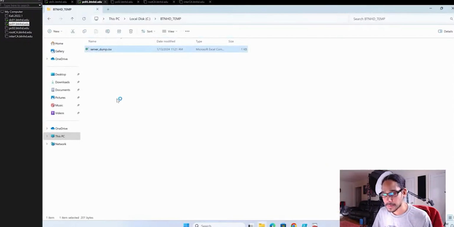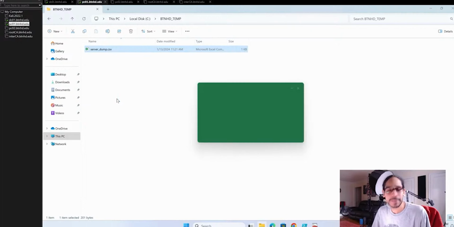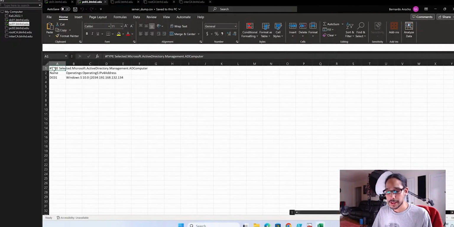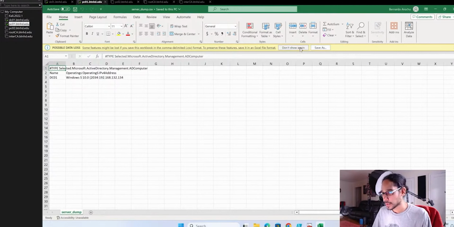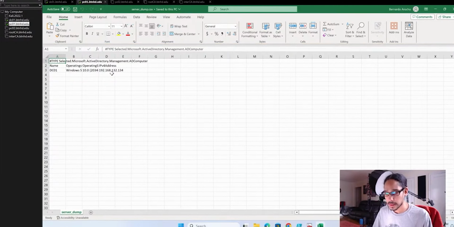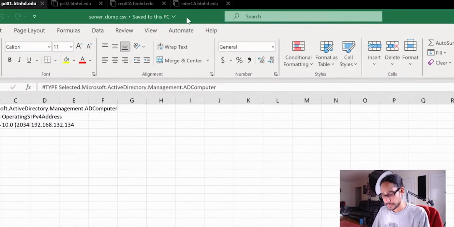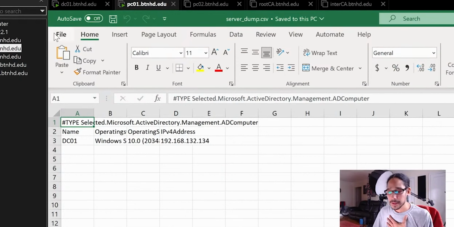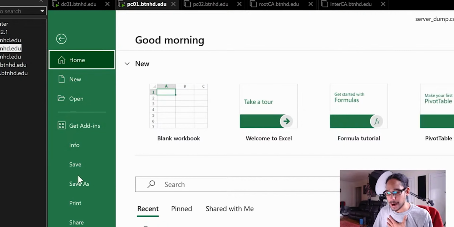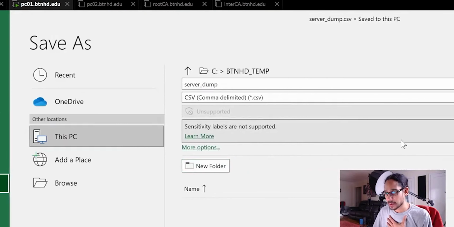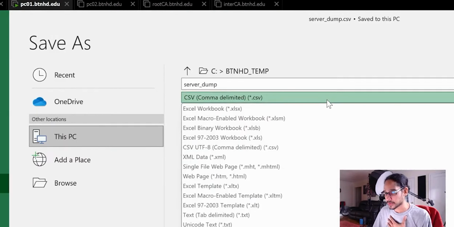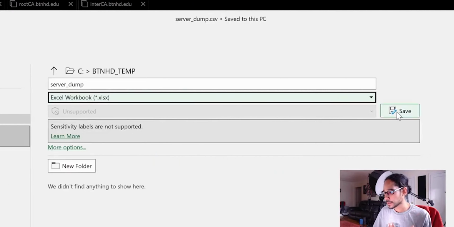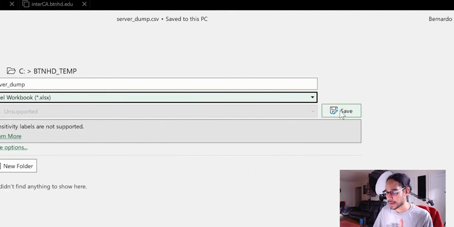So if I double click on this guy, and this is what I would typically do at a 9-to-5 job or when I'm starting out, you're going to get this. Cool. Don't show me this. I am going to zoom in a little bit for you guys, and this is how it looks. First thing that I would typically do, I would just go to File, Save As. I don't like it as a CSV file, so just make sure you save it as an Excel file. You're able to rename it, but I'm going to leave it as is.